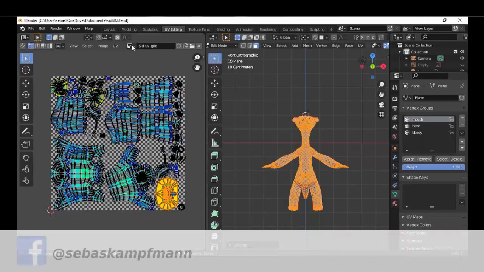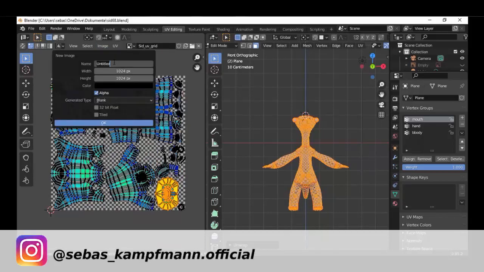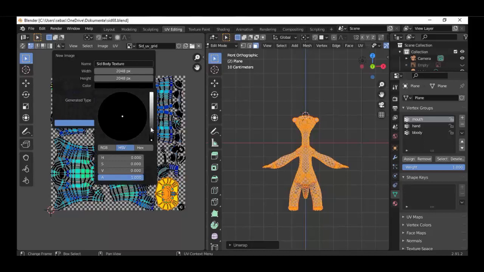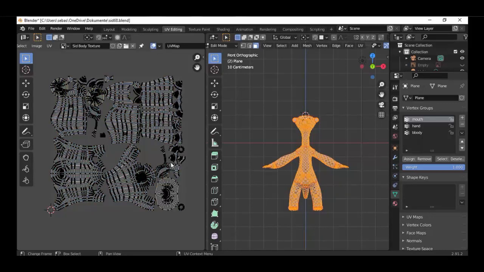First we go here to images and we create a new image. And we call it Sid Body Texture. And then we multiply that dimensions with 2. Also here. And here the color, we can change it into something like gray. And then